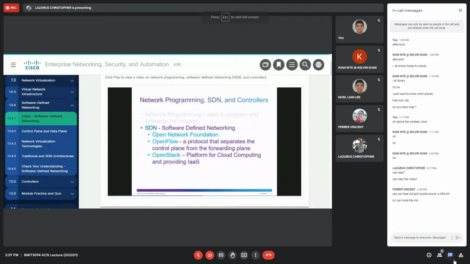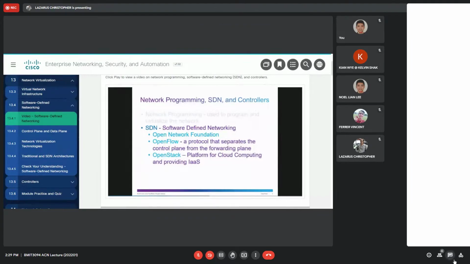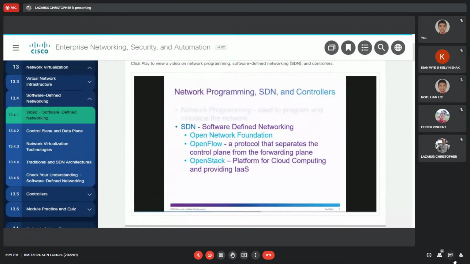From the forwarding plane in switches and routers. Also listed here is OpenStack, which is a software platform for cloud computing and providing IaaS, or infrastructure as a service, which means the ability to manage pools of processing power, virtualized servers, and network storage on an as